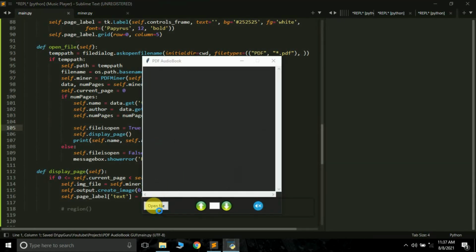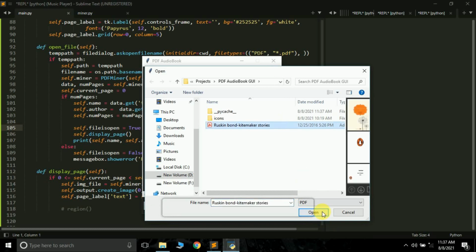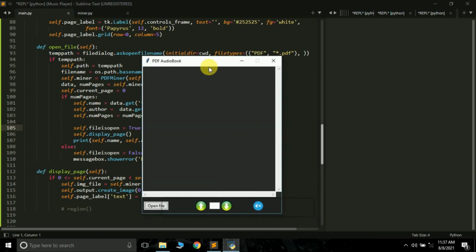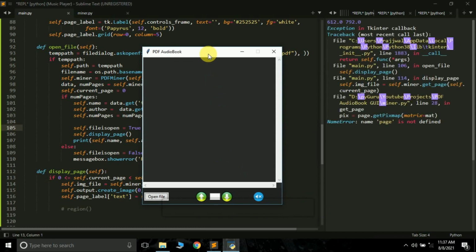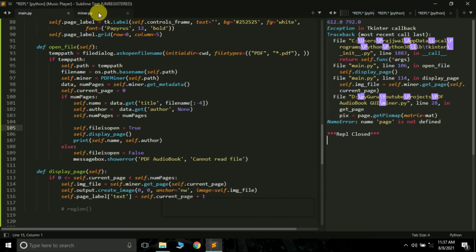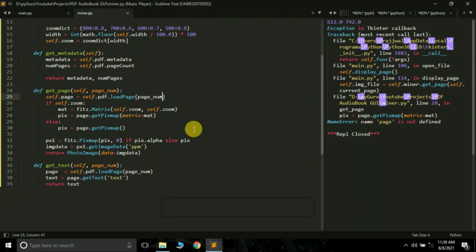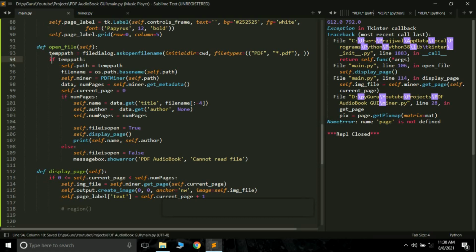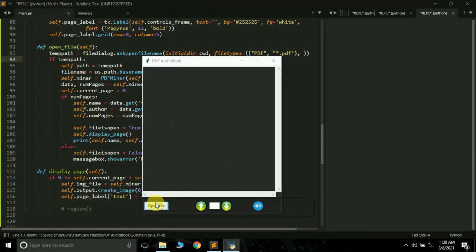Okay, these are errors we often get, don't worry. I guess the video is getting a little longer. Again I'm going to get some error. Pix equals, now where is the error? Line number 28. Okay, so this is where we are getting the error. So instead of self.page, let's just pass page. My fault. This time it should work.